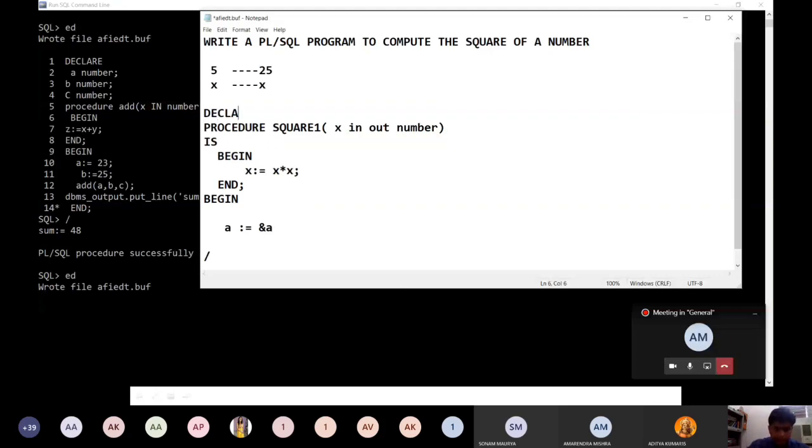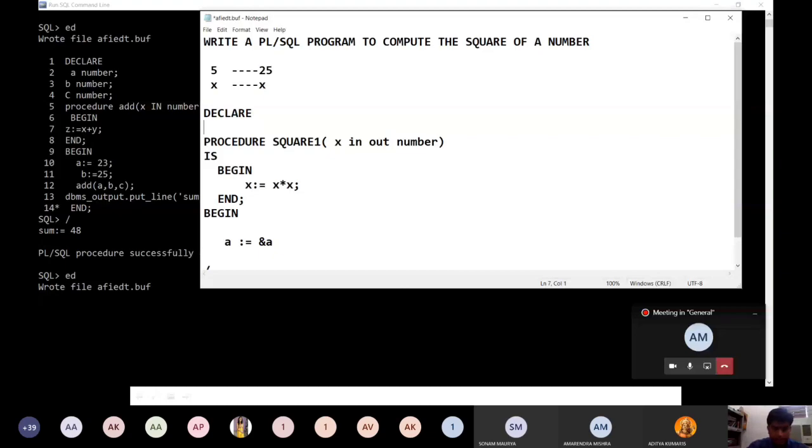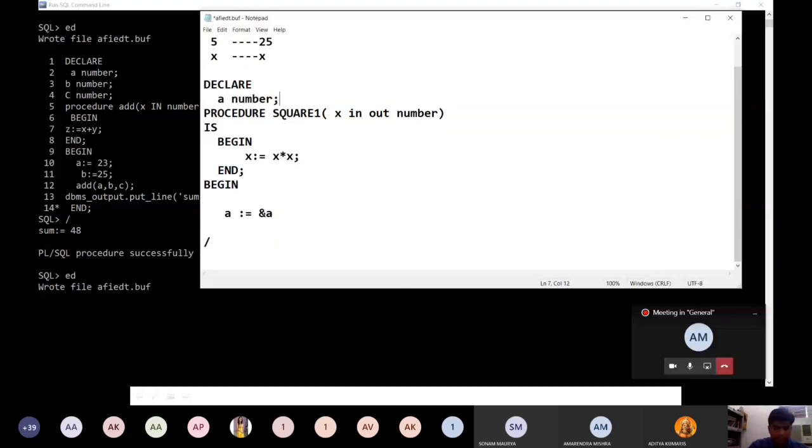Declare a as a number, right? Now call this in the main program. We call the procedure square one and pass a as the value. Once it is passed, we have to print the value of a.